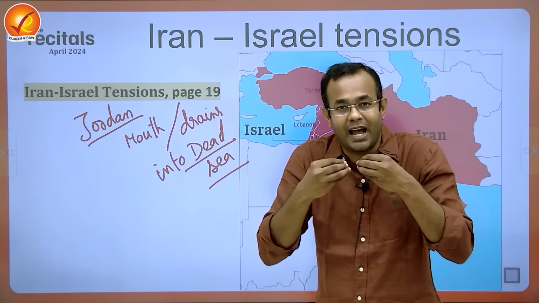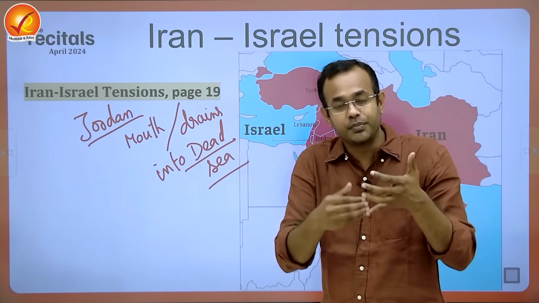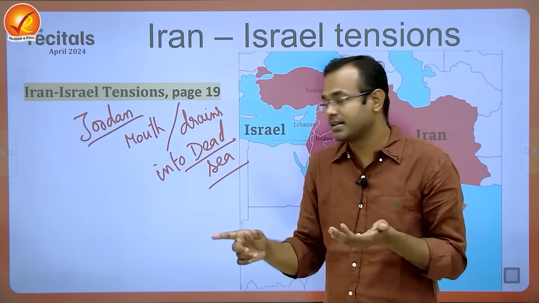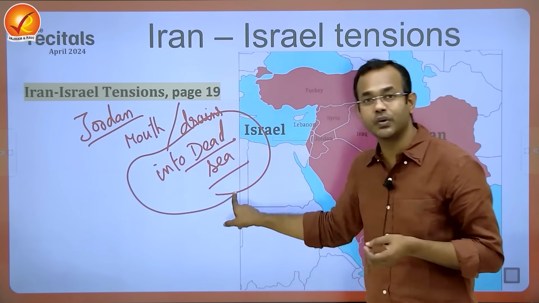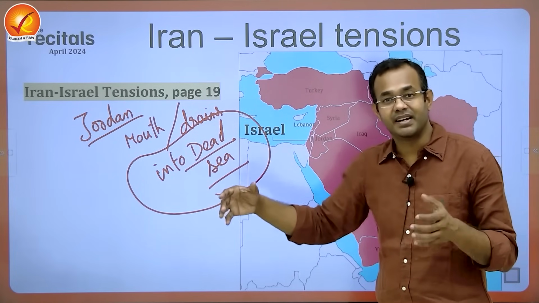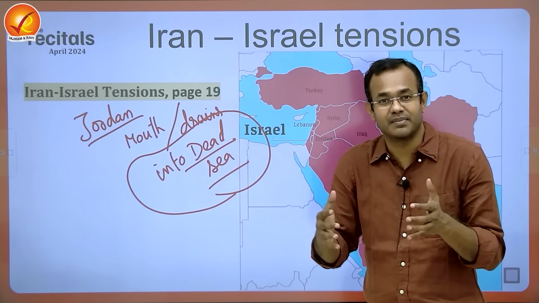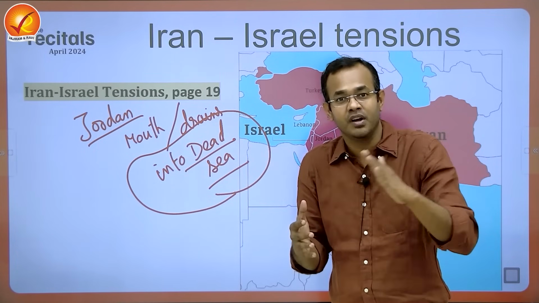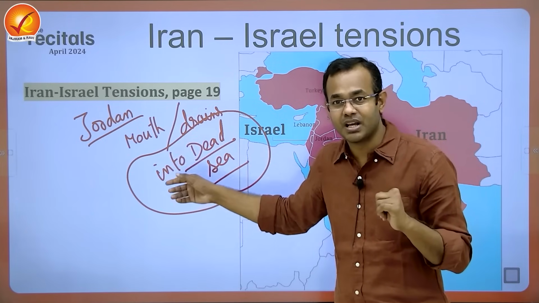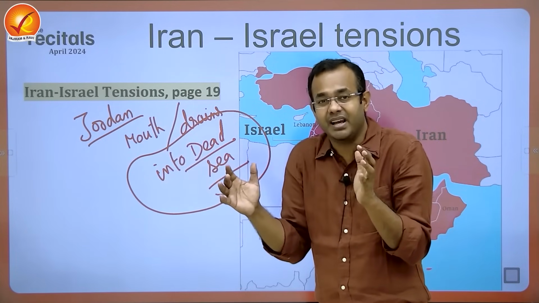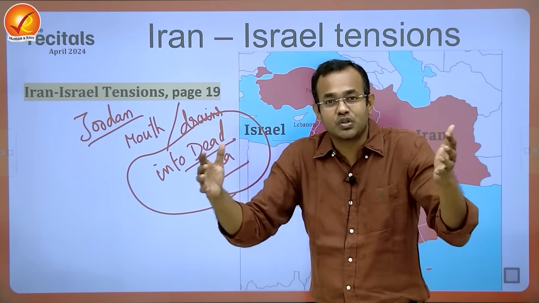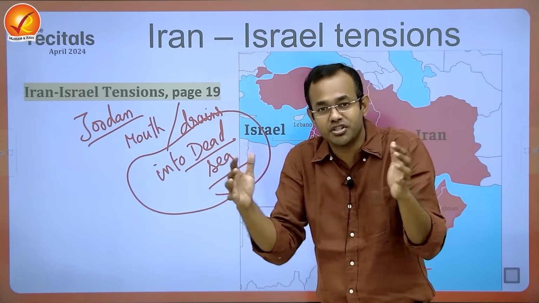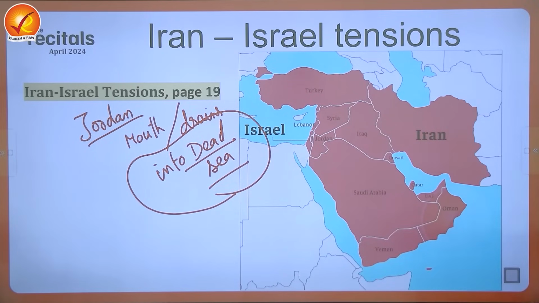So the annual flow rate of water in the tributaries and in the Jordan River is reduced multiple times. This has resulted in less water flowing into the Dead Sea, because of which the Dead Sea has been shrinking a lot in recent time periods. The major reason for the shrinking of the Dead Sea is that the flow of water from the Jordan River is largely reduced, and the Dead Sea has been drying and shrinking. Shrinking as in it dries, so the area capacity of the sea has been reducing over a period of time. So the word shrinking of Dead Sea is also reported there.